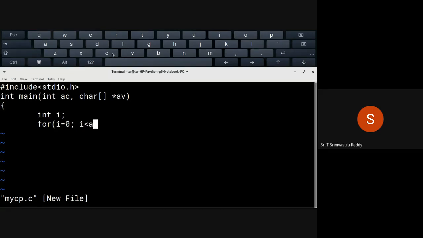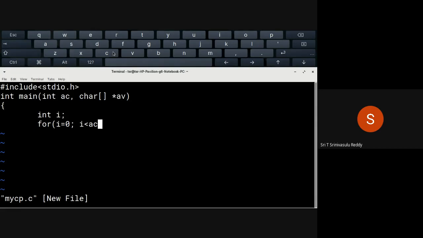Remember, it is an integer there, so you can directly use I less than AC. I is an integer, AC also is an integer. You can't compare an integer with a string. Many of you have done that while writing your Java program, casually assigning a string to an integer or comparing an integer with a string. All that is not possible. Only values of the same data types can be assigned to one another or compared. In other places you will have to convert them.